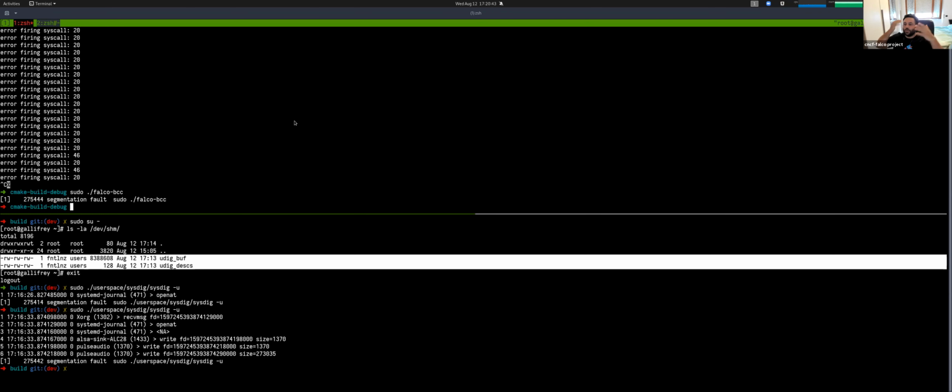The only difference is that we will need to provide the O file because we don't have a mechanism in Falco to compile internally. Well, we could copy it from BCC, for example. So having the compilation internally and doing the separate process is the nice thing, because in this way you can reduce the attack surface of Falco, because you don't have to give Falco permanent BPF capability and other capabilities that it needs to do it.